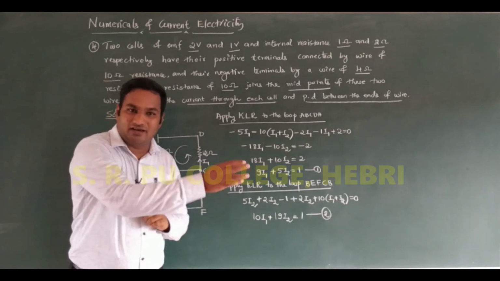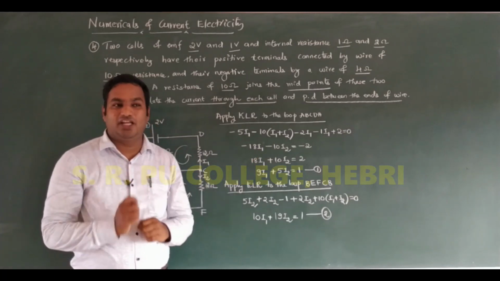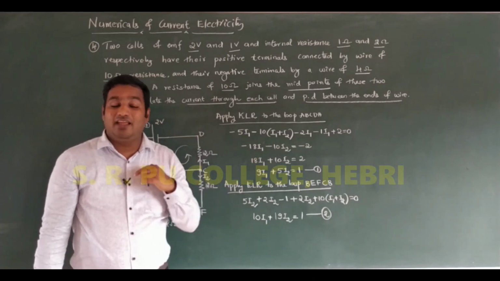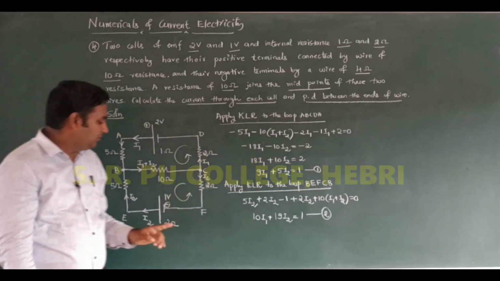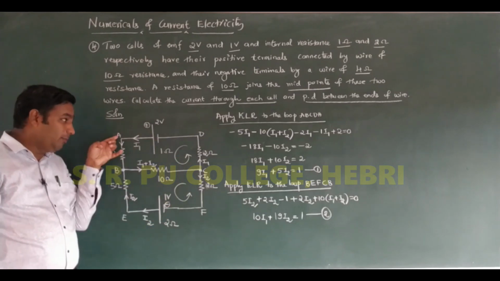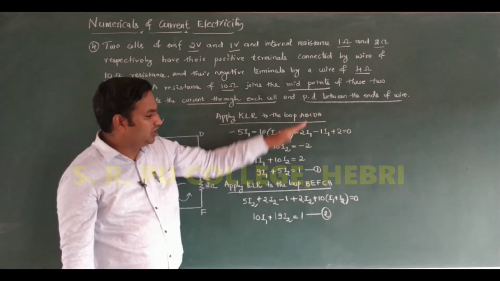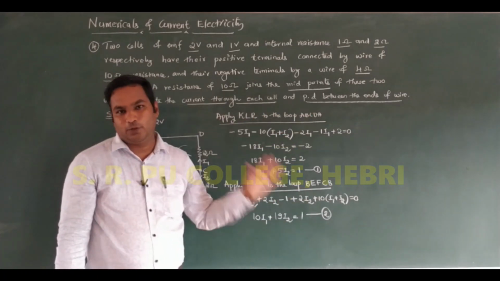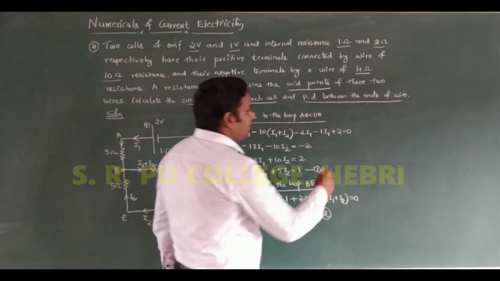Along my path, if there is current, you have to take negative. Opposite to my path, if there is current, you have to take positive. And along my path, the second terminal of the cell you have to count. Remember, along my path if the second terminal of a cell is negative, or along my path if the second terminal of the cell is positive, depending on that you have to think about these two equations 1 and 2. Next important thing is you have to simplify 1 and 2.